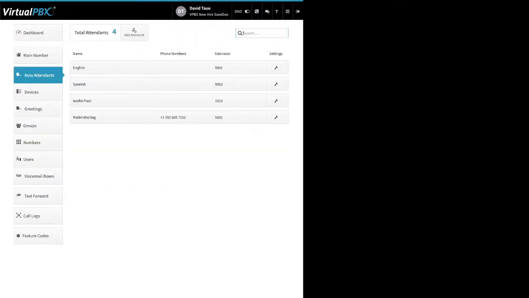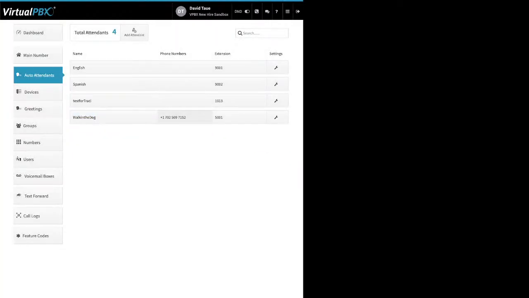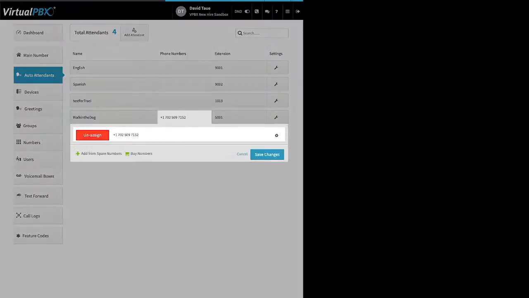Auto attendants, this is a plan specific feature. This allows you to create secondary or additional auto attendants. The use cases we see are typically for submenuing, like one for English, two for Spanish, so then you would create an English and Spanish attendant here. Or if you have multiple businesses and you want them on the same account, so you're offering calls to the same staff people, but these different businesses have their own phone numbers